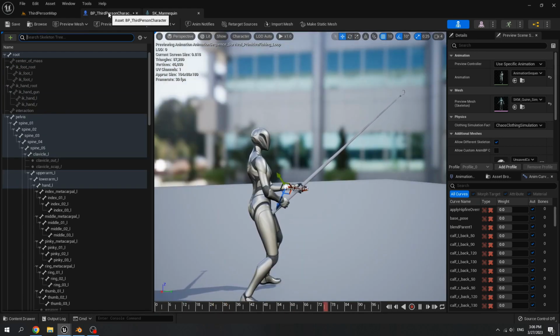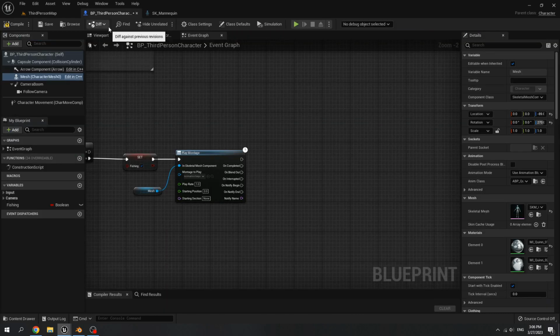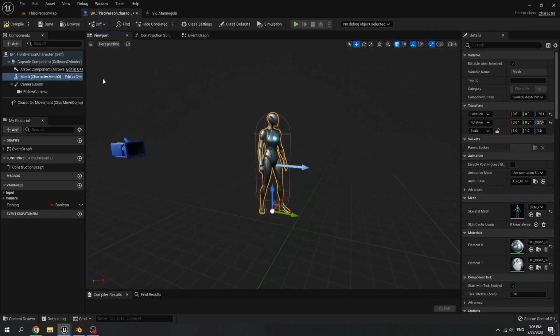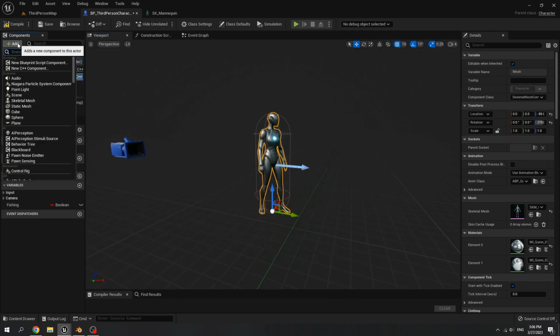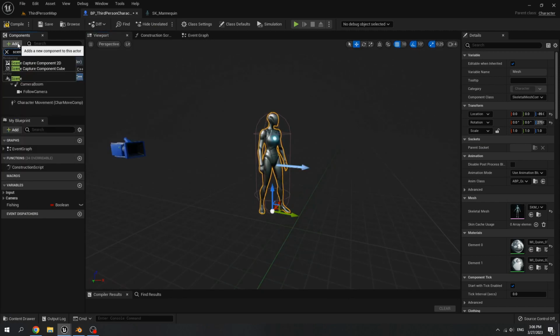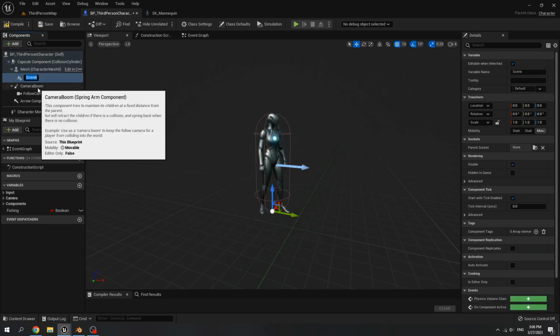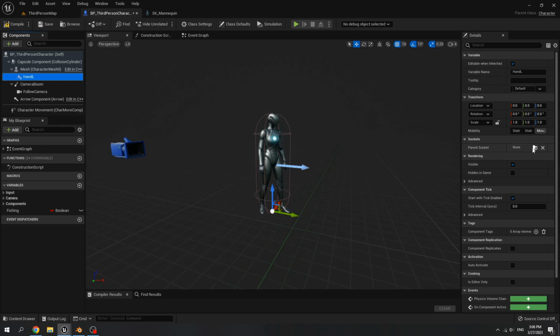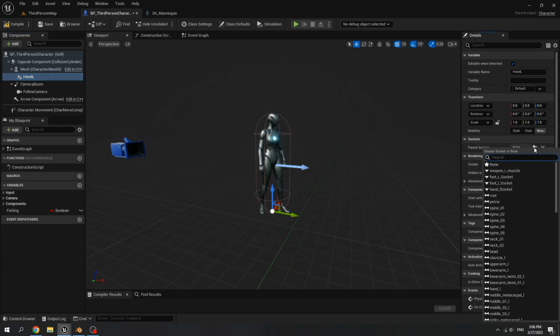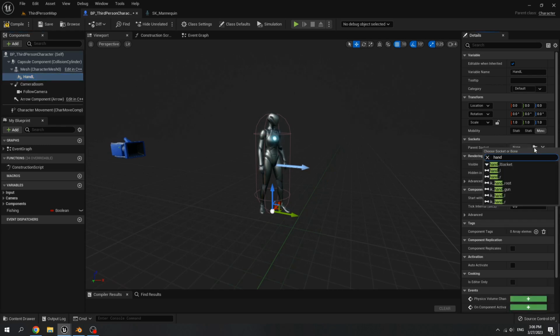And now go to our third person character. Go to the mesh of the character. Add scene component. Name it hand left. And parent socket, search for hand L socket.